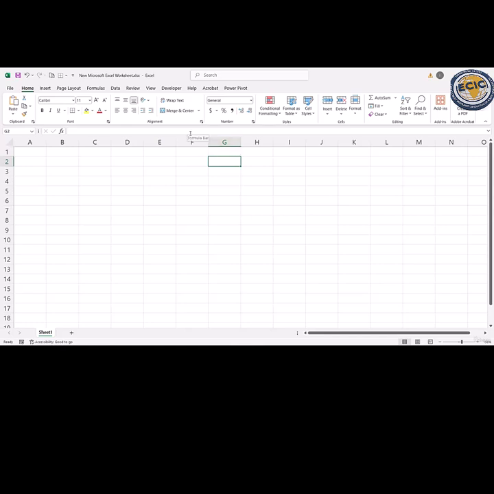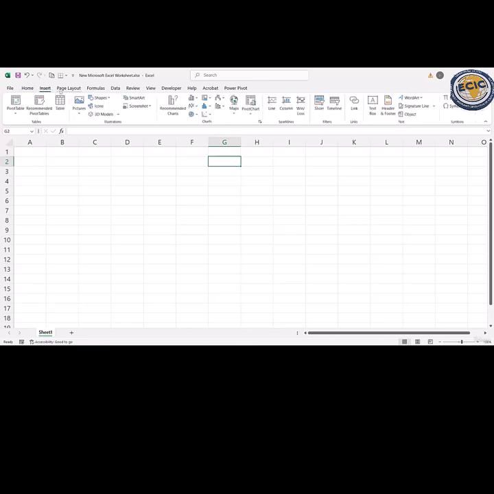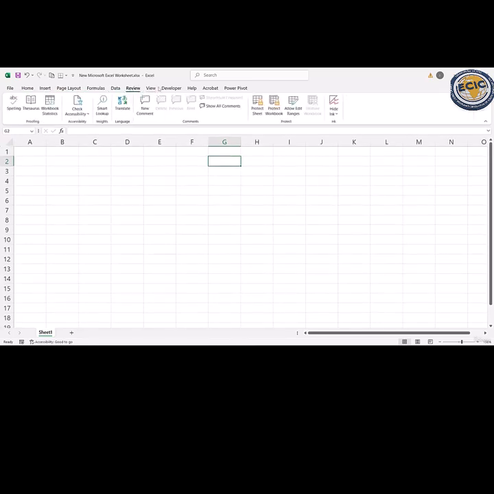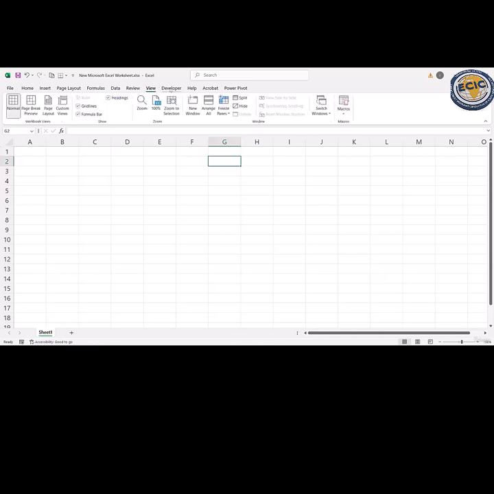This is our worksheet, and this is the title bar, which shows my file name, a new Microsoft Excel worksheet. And you will find the ribbon tabs. These are all the tabs, and each tab has various sections